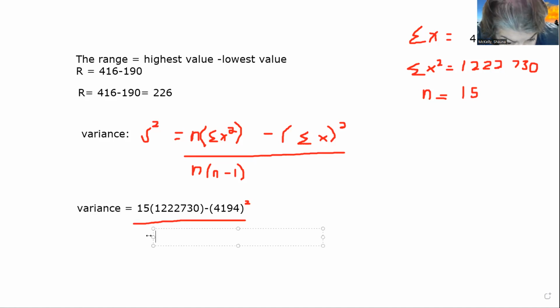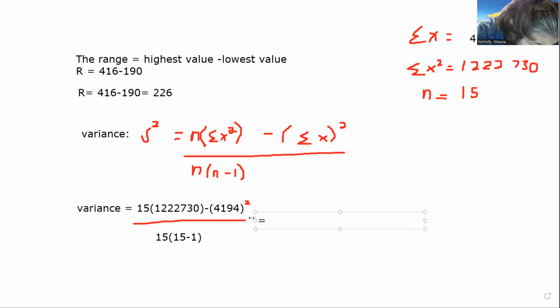So we have 15 times 15 minus 1. And I'm going to show you this on the calculator for those of you who may have trouble entering it, but you should get